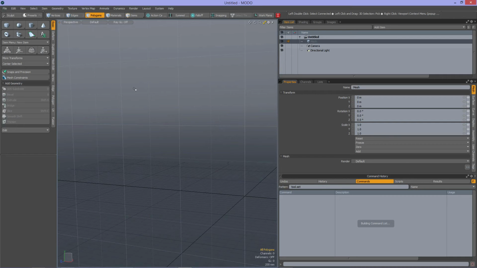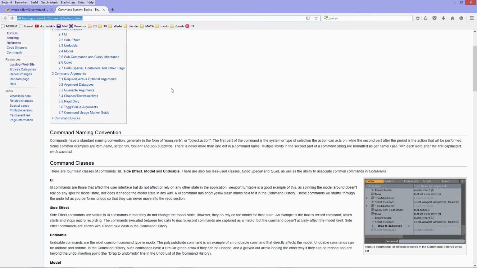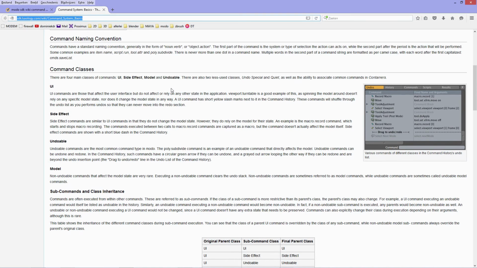a command. Now in this video I will cover the basics of the Modo command system, and this is information that you can actually find in the wiki. So command system basics, over here you have the path to that wiki, and I will add that to the description of this YouTube video so that you can easily click on it to go to that page. I'm not going to read everything, it would be a bit stupid, but I will go over some important parts